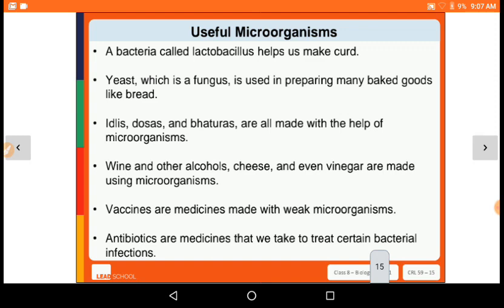जो हमने डिफरेंट टाइप्स ऑफ यूजेस ऑफ माइक्रो ऑर्गेनिजम्स देखे थे क्लास में, आगे वाले लेक्चर में, उसमें हमने देखा है बैक्टीरिया, फंगस, माइक्रो ऑर्गेनिजम्स जो सब है वो अलग अलग तरीके से यूज़ हो रहे हैं। जैसे बैक्टीरिया है वो दूध को फाड़ कर उसमें से दही बनाता है। फिर फंगस है, जो फंगस ईस्ट है वो सभी ब्रेड और जो चीज़ें होती है, बेक्ड चीज़ें, उसको सॉफ्ट बनाता है। फिर इडली और वो सब होता है तो वो